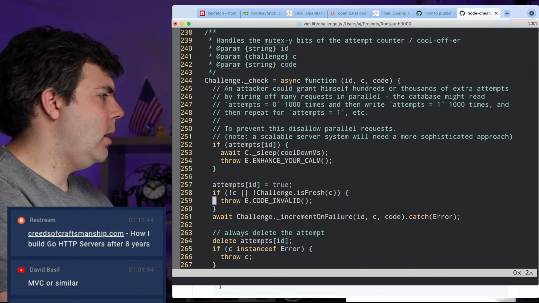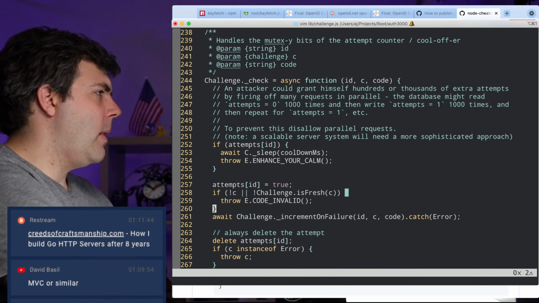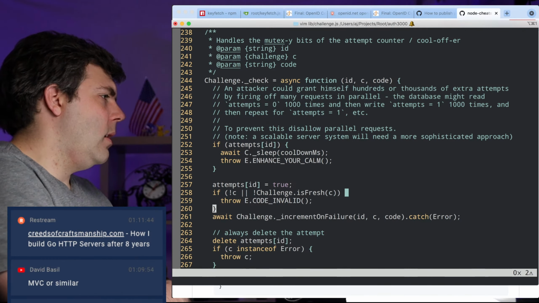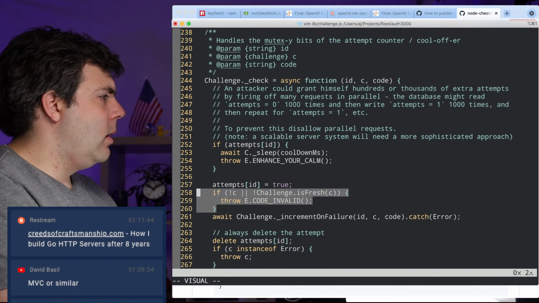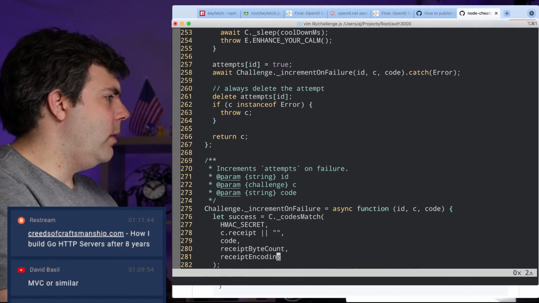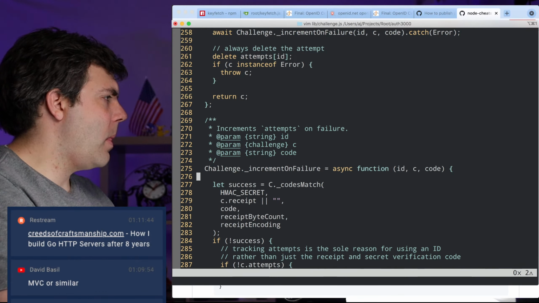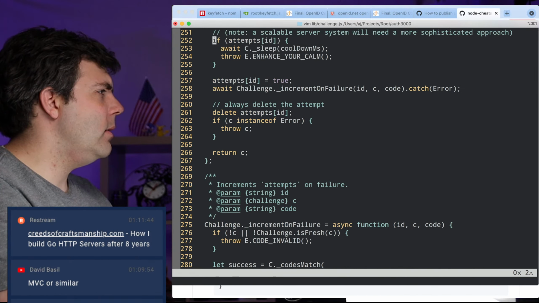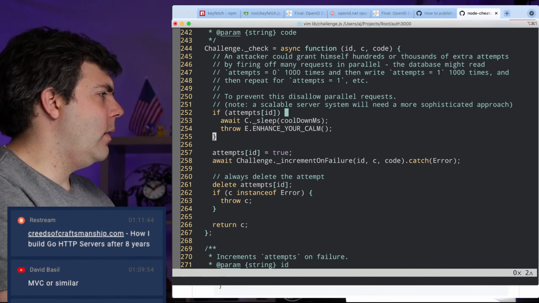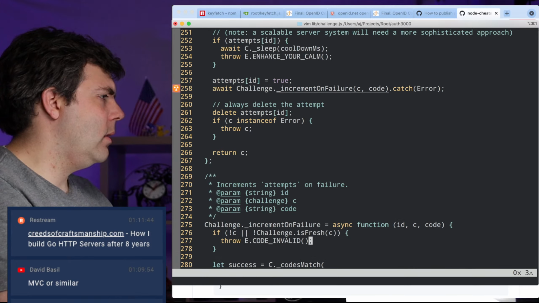So really the only reason for that, okay, maybe I could move this back down then. All right, so the expectation is that C exists at this point.